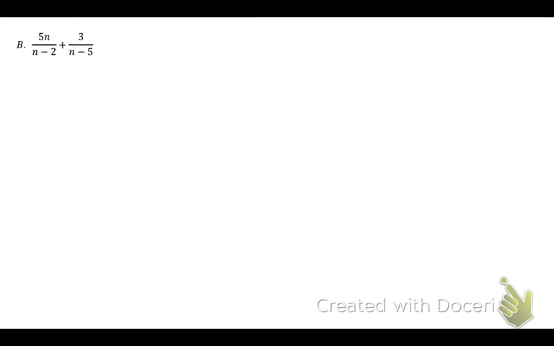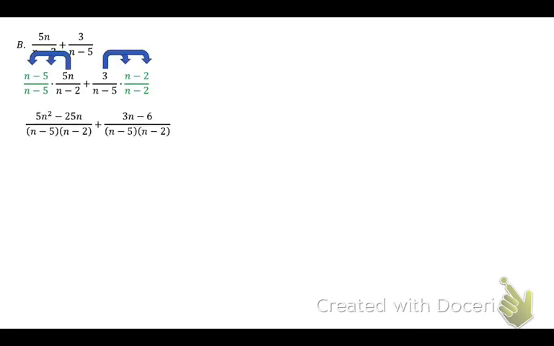Cool? Let's do this one. No subtraction sign, so I don't need to freak out about it. I'm going to multiply the n minus 5 to the first fraction, n minus 2 to the second. So you get 5n squared minus 25n over (n minus 5)(n minus 2) plus 3n minus 6 over (n minus 5)(n minus 2). Combine that, and you get 5n squared minus 22n minus